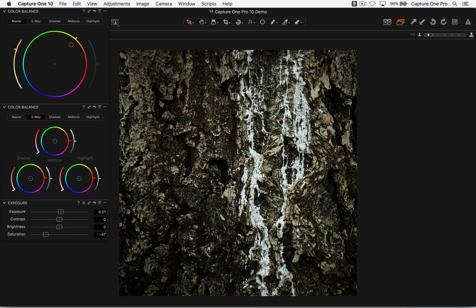Question from Raphael: does the saturation slider in Capture One do some kind of selective saturation, something like vibrance in Photoshop? Yeah, you're correct actually. Maybe something to bear in mind when you are doing positive saturation: colors that are already well saturated will receive less treatment than those that are not saturated. But important to note, when you go negative, it's completely linear. From 0 to minus 100, it's totally linear. From 0 to plus 100, it depends on the image content. So good something to point out as well.